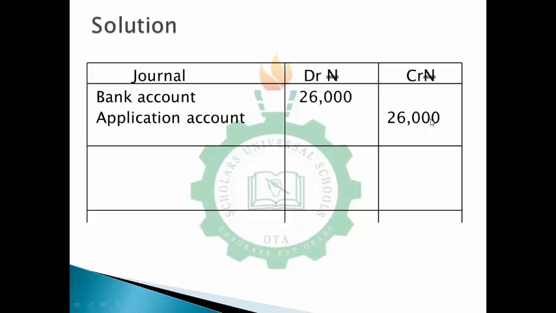Then on your journal, don't forget one of the features of your journal is that you have to have the details of what you have done at the end of your transaction. So you're saying money collected on application. All right. So as soon as you're done with that, which is the first entry, the second entry is on